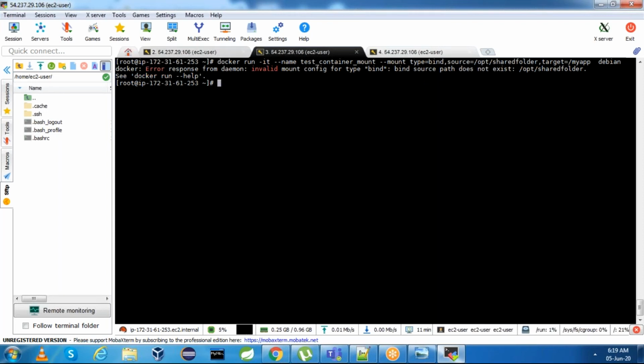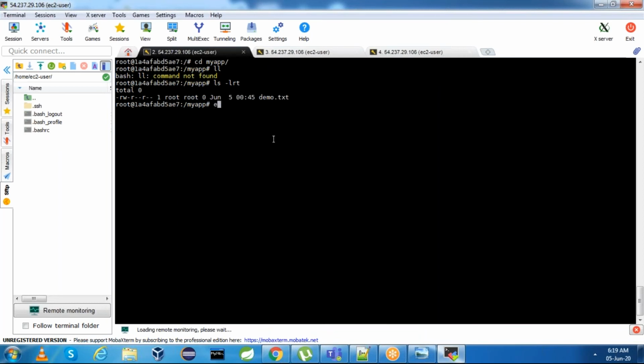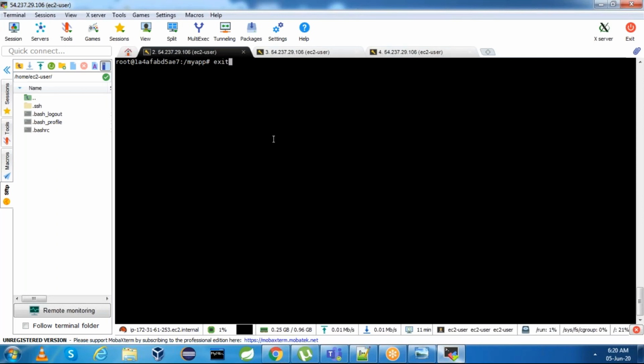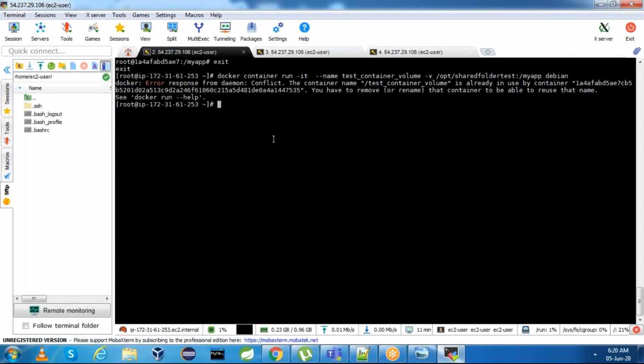Let me show that as well. I'll do exit for this also. If I give any path which is not existing at all, -v /opt/shared folder test. Okay, this is already in use.